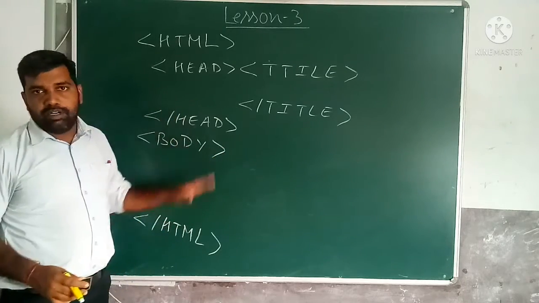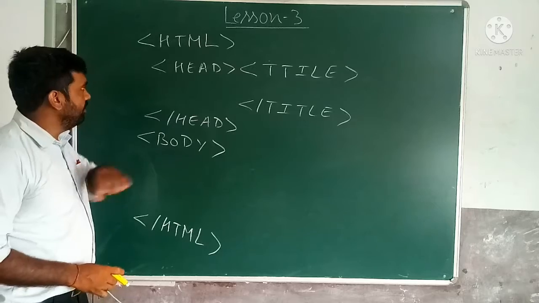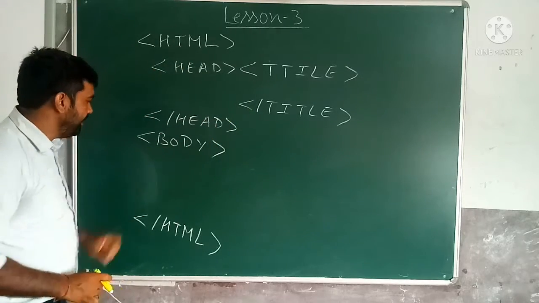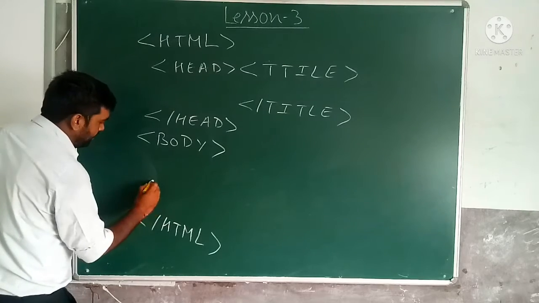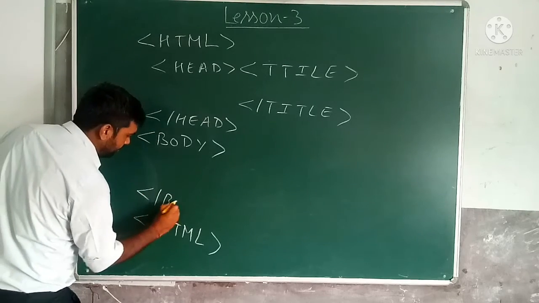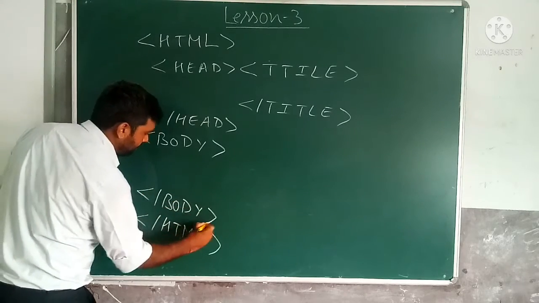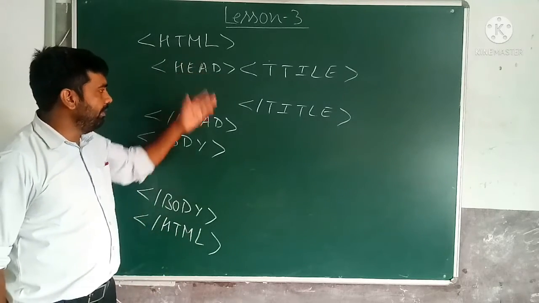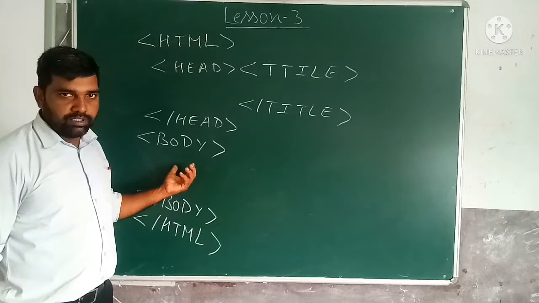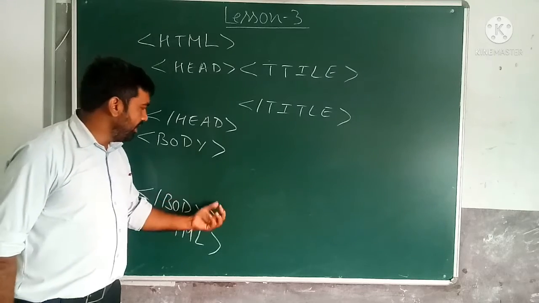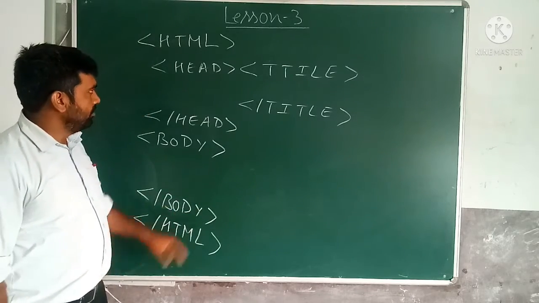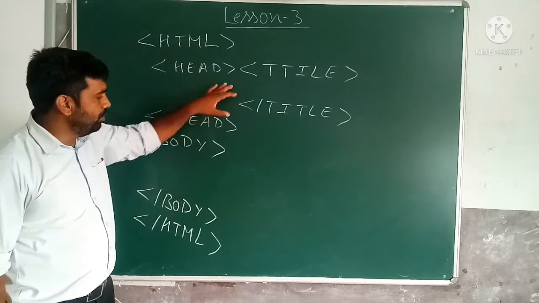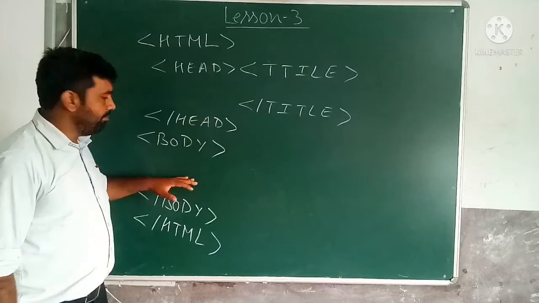This is the structure of the HTML code, how you write the HTML code. First we write the HTML tag open, head open, title open and close, head close, then the body tag open, and after that we close the body tag. This is the basic HTML structure that you have to follow while writing HTML code. All the code is written inside the body tag, open and close. This represents the title bar and this represents the body of the web page. The whole web page is divided into two parts, title and body.